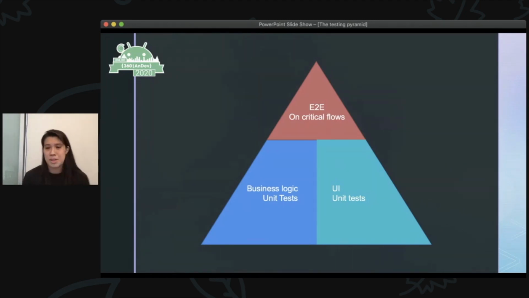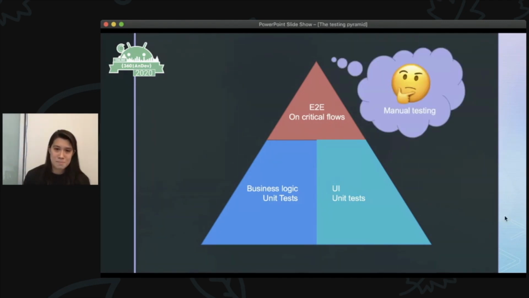I'll go into those a little bit in just a moment, but basically these numbers are extremely flexible. If your app has more UI states, you might want more UI tests. If your app has more business logic, you might want more business logic unit tests. So these are not hard numbers at all. And in fact, I don't think any testing pyramid should have any hard numbers. But you'll also notice the integration tests are gone. They are kind of merged upwards in with the end-to-end tests.